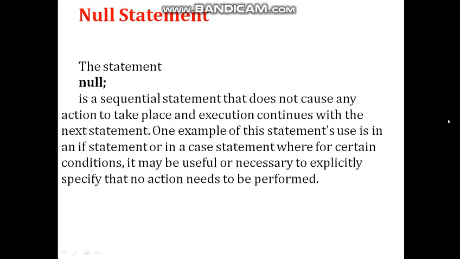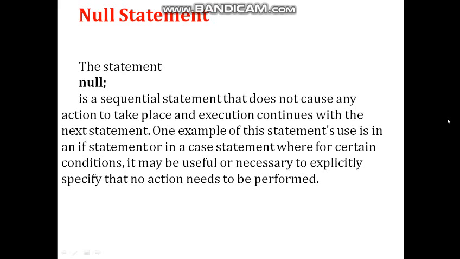Then in your mind there is a question: for what purpose are we using the null statement? It does not perform any operation or any action, so why use it? The null statement will be used to allocate a certain time. Now how? If we consider the same terms with a microprocessor, and you use an instruction like halt or a null instruction, the processor requires a certain amount of time to perform it.